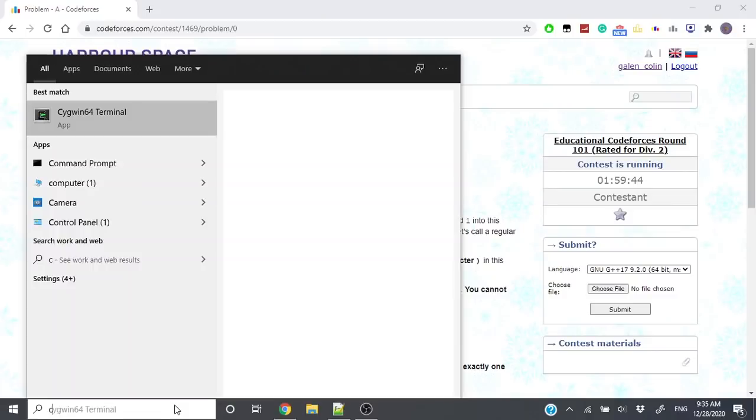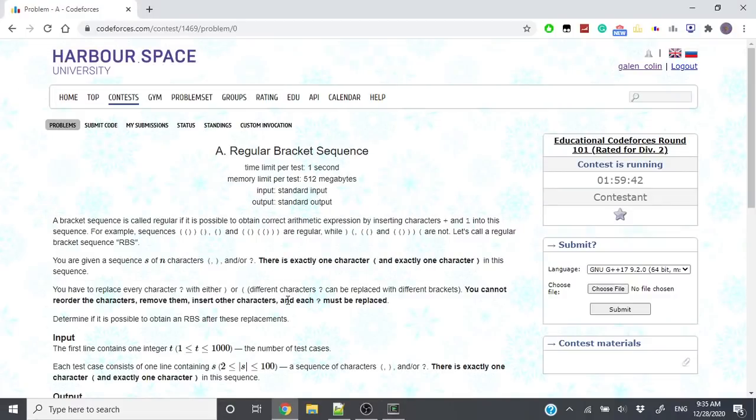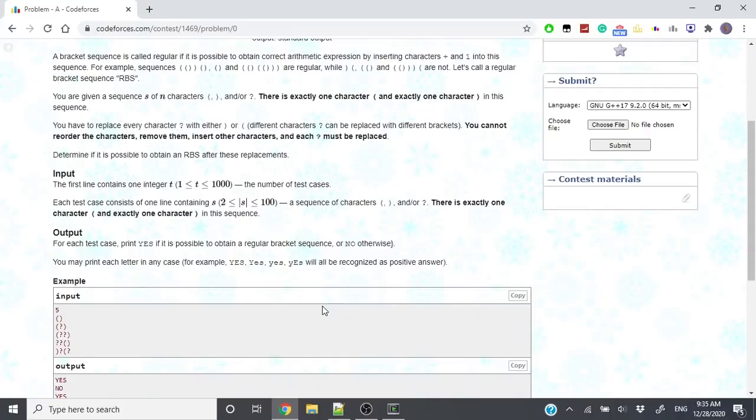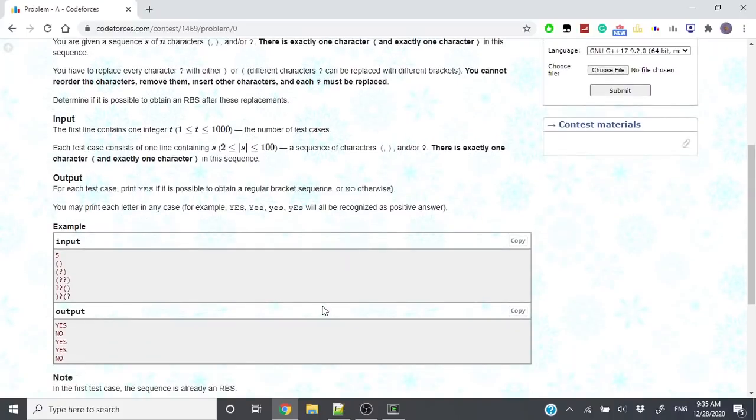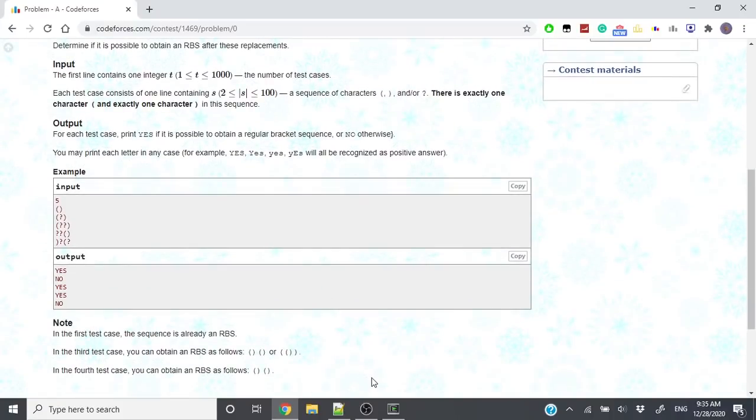A bracket sequence is called regular if it is possible to obtain a correct arithmetic expression by inserting characters plus and 1. You're given a sequence S. There's exactly one character of that and one character of that. Okay, so first the length of the string has to be even, and then